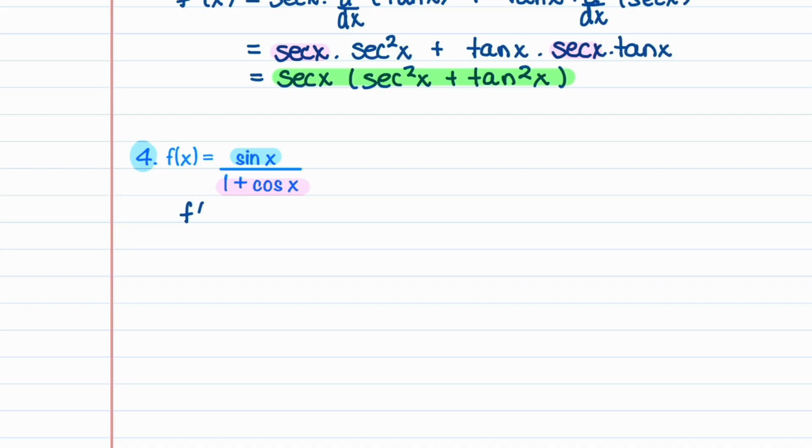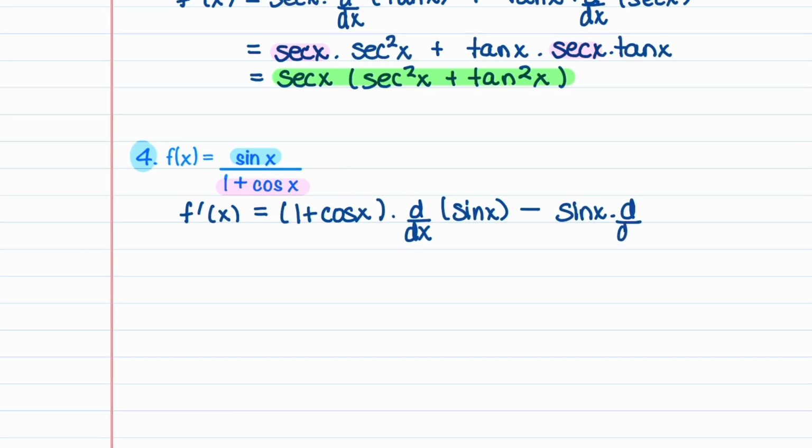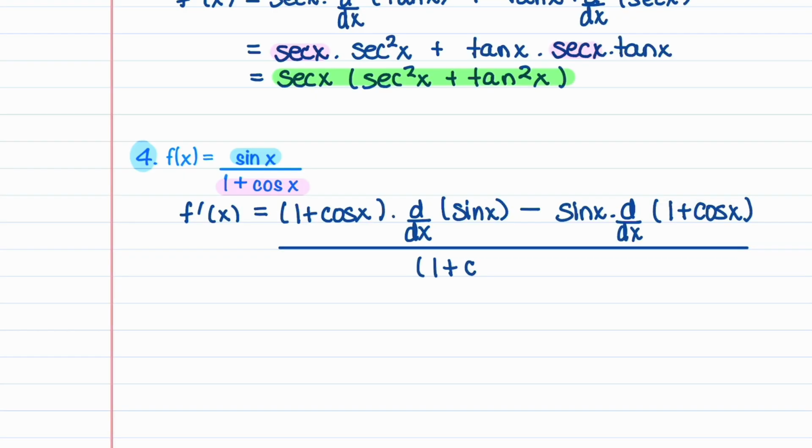Our derivative, f prime of x, is going to be the bottom term, which is 1 plus cosine x, times the derivative of our top term, sine x, and then we have to subtract off our top term, sine x, times the derivative of our denominator, which is 1 plus cosine x. And we're going to divide all of that by 1 plus cosine